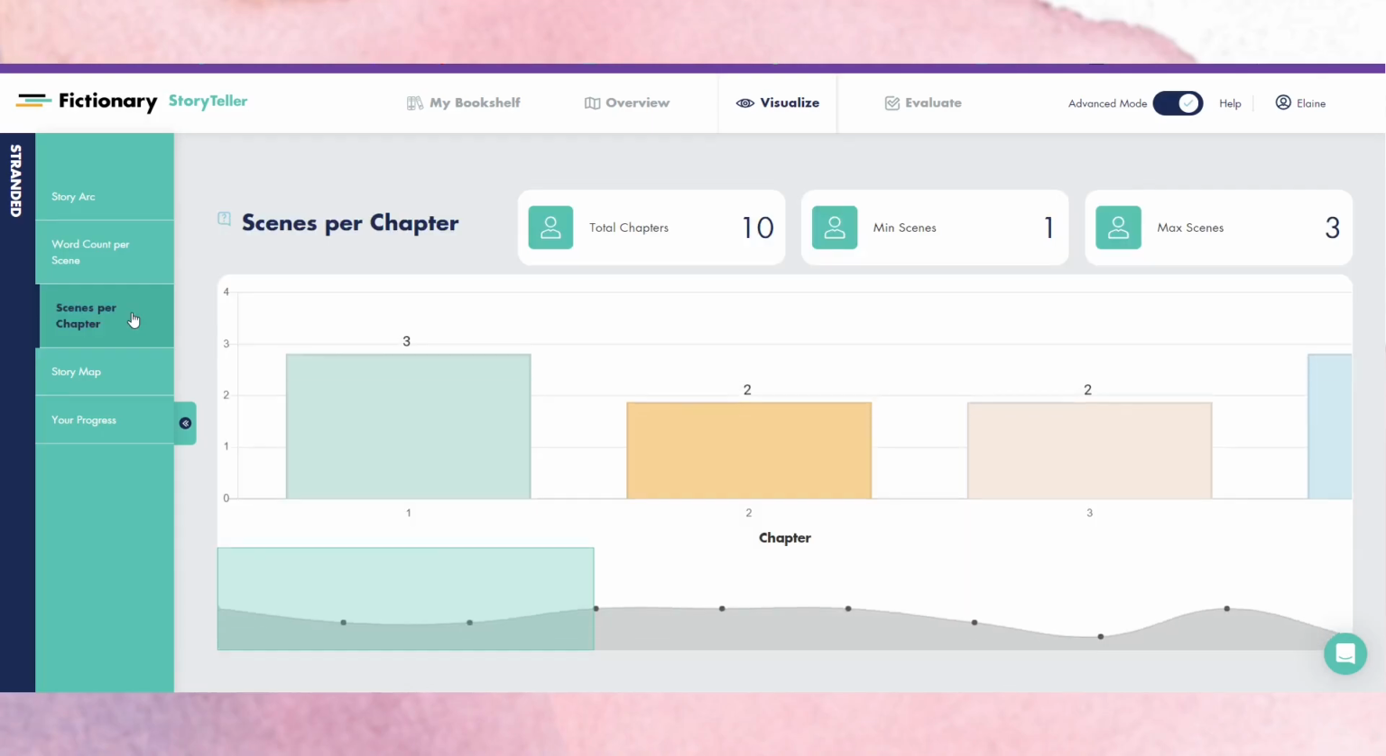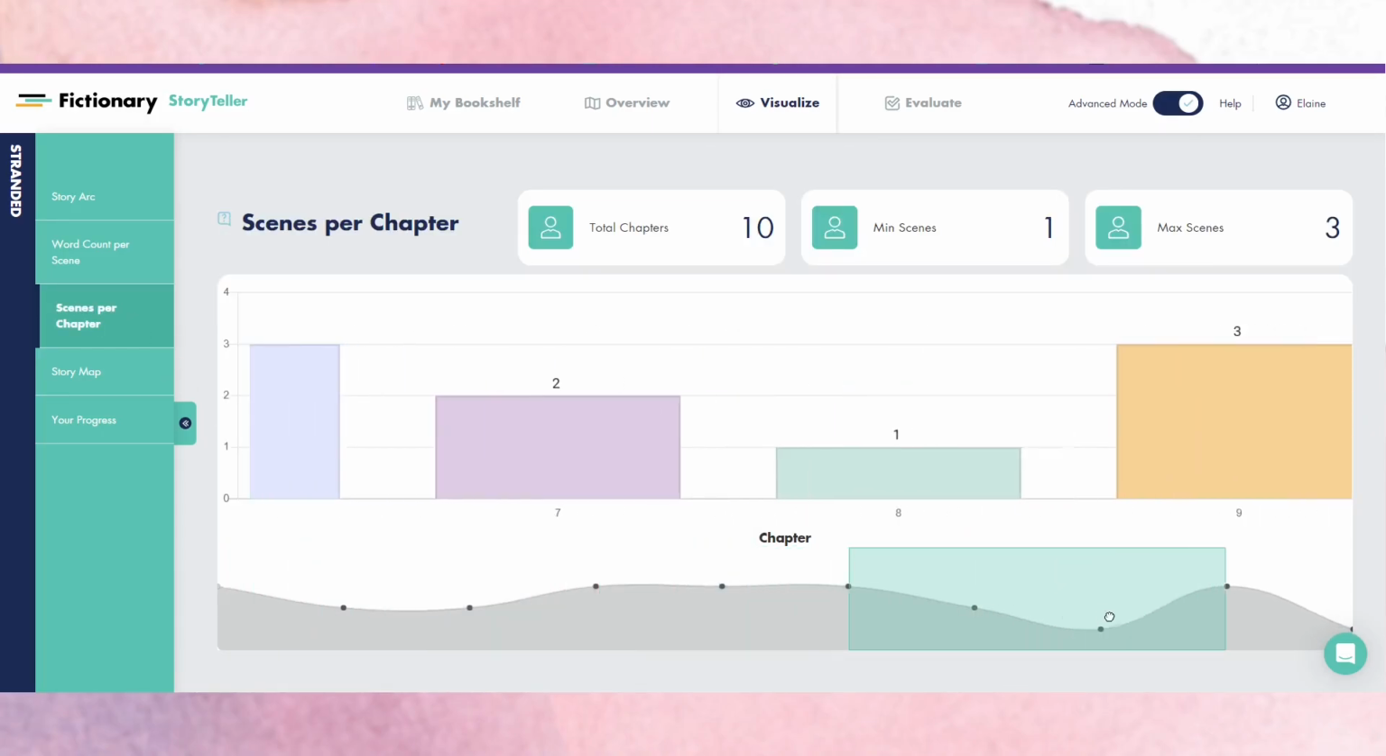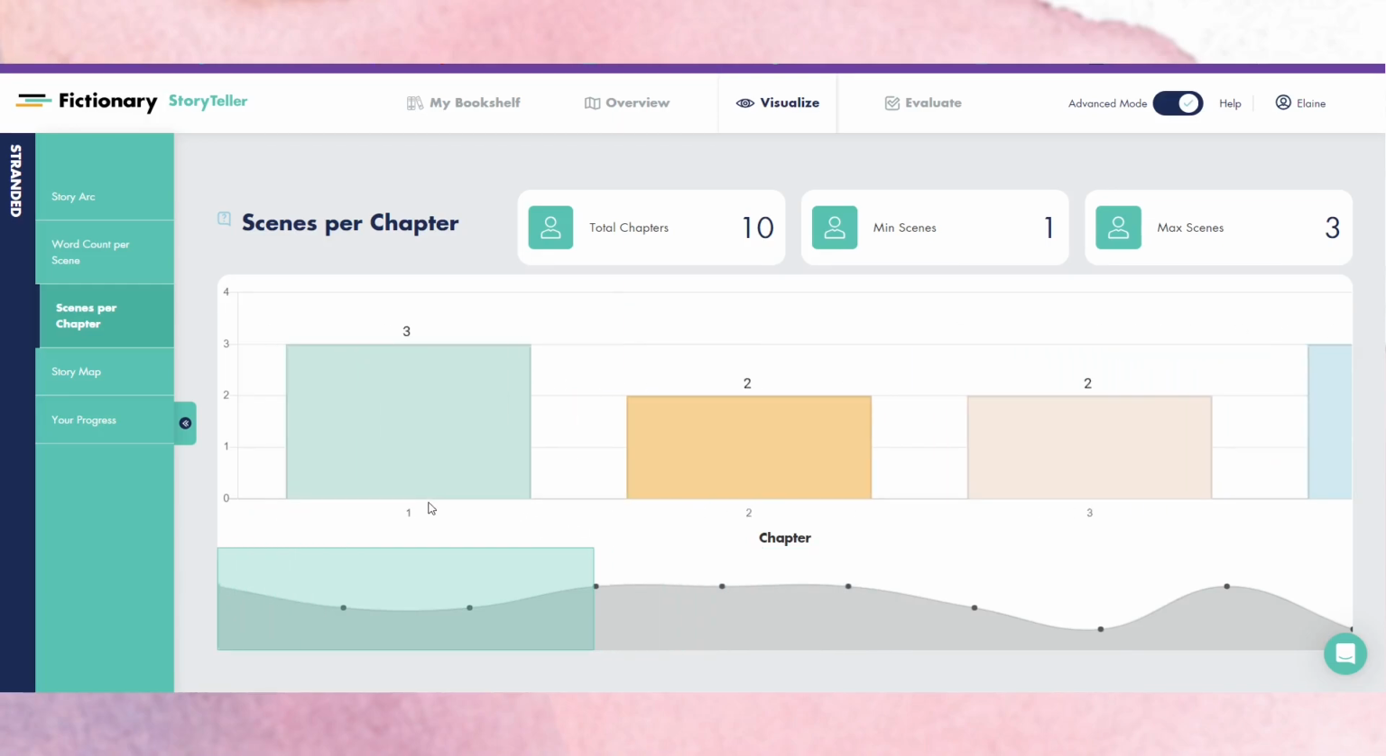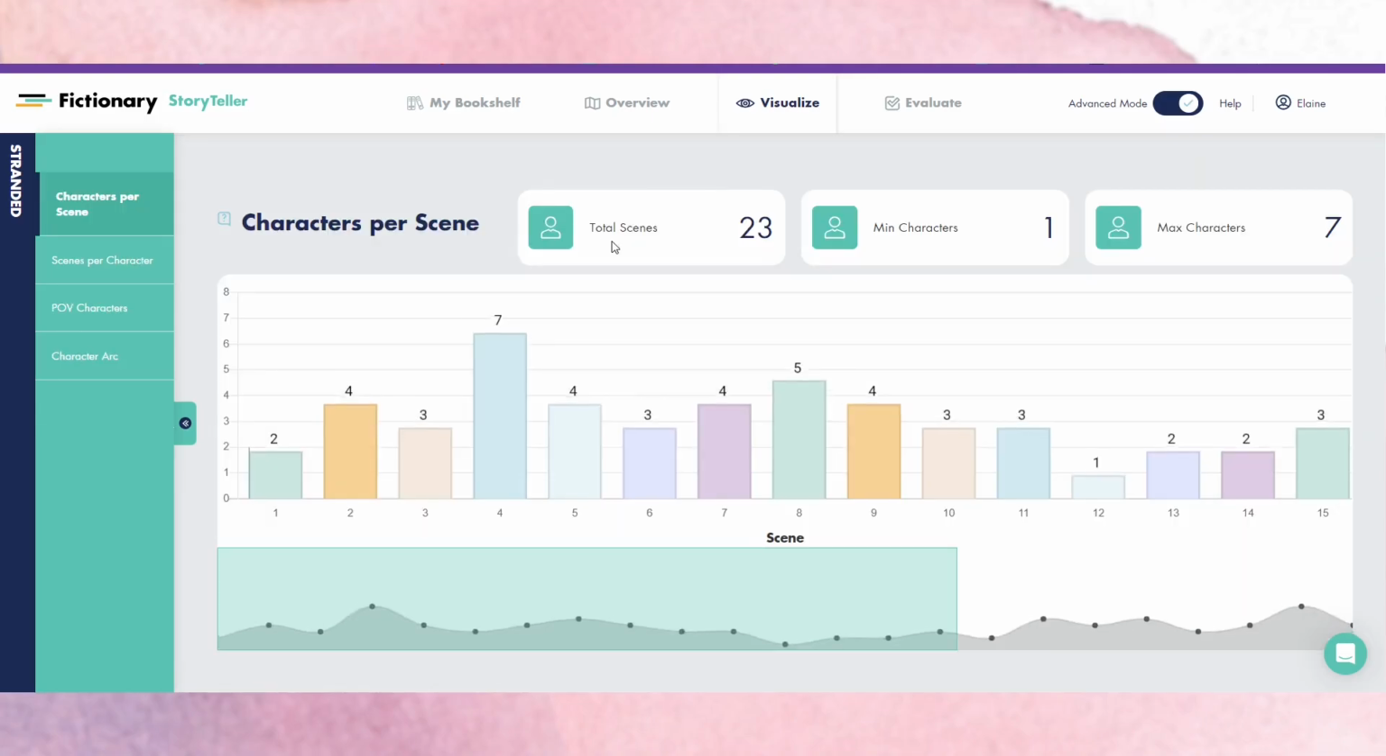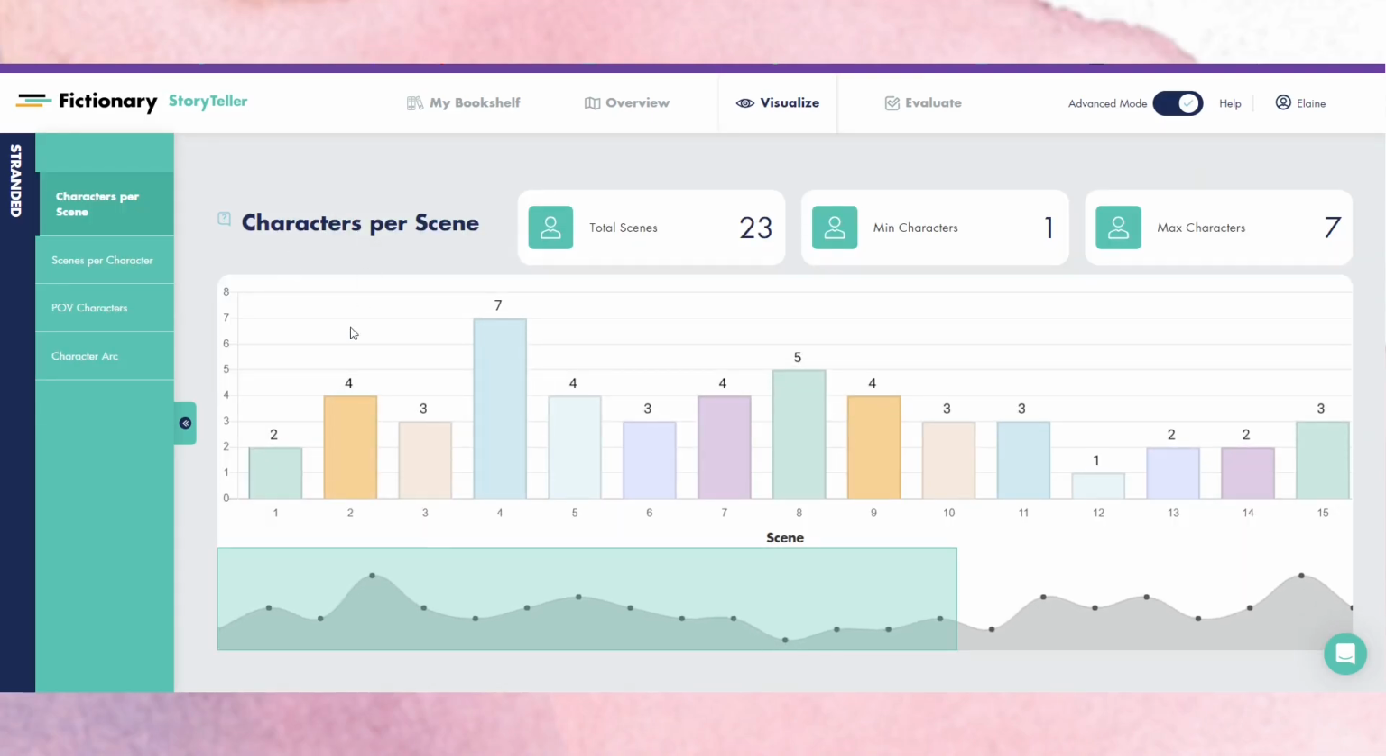It also will show me things like scenes per chapter, which is handy to know, and that also helps with pacing. And then I can, let's see, I'm not going to do those just yet. We'll come back to those. But then it will go through and it'll show me insights on my character, on my plot, and on my setting. So it'll show me, if I click here, it'll show me the characters per scene, which is good to know,